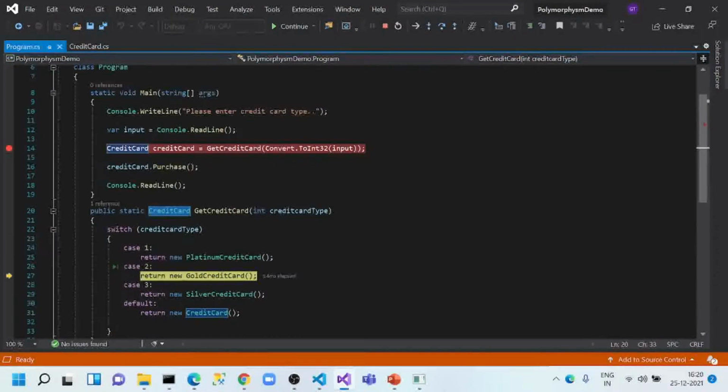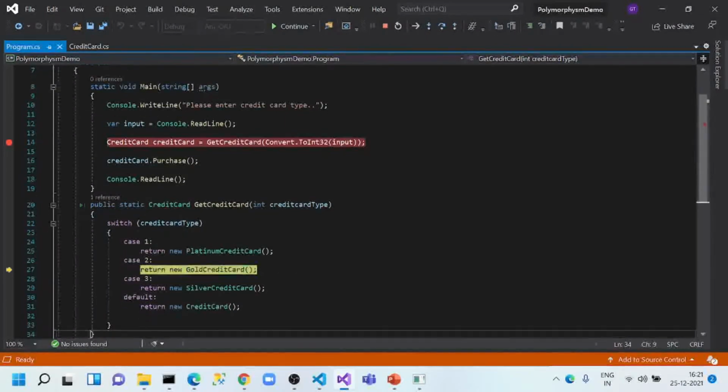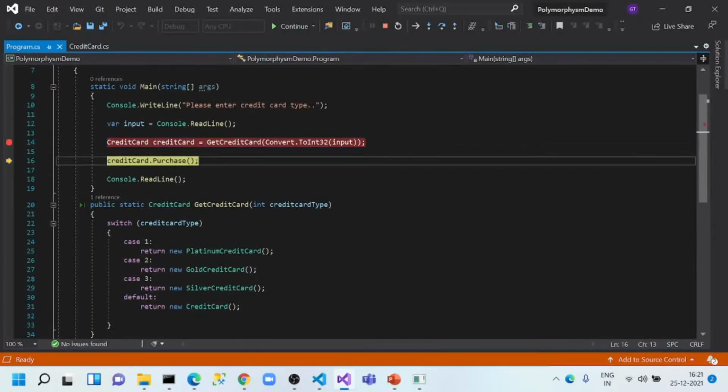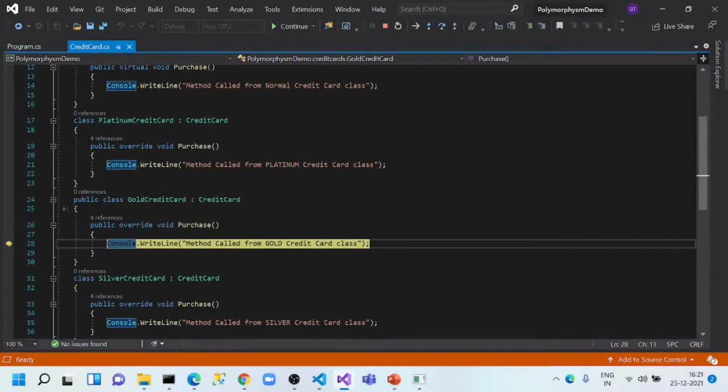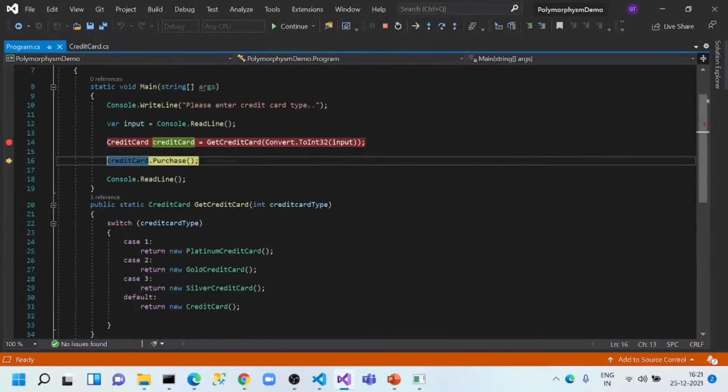This is just like the screwdriver, where this is the holder, and these are the different types of tools we can insert inside. So the base class is nothing but the holder that holds the object of the child class. So here I am going to return the gold credit card, and if the purchase method is called and I press F11, it will directly go to the gold credit card, and the purchase method is called.